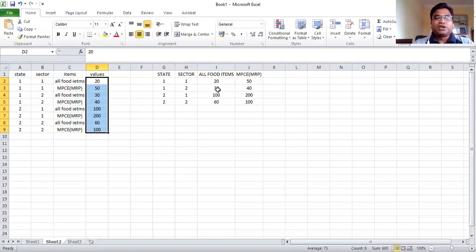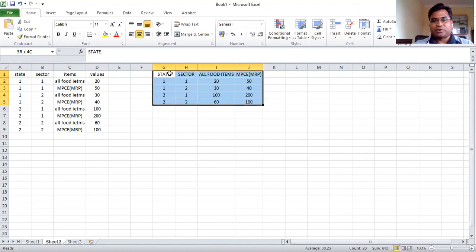So I suggest you split that data. Split the whole level 11 file into two parts. Create one file in which you will have only the food expenditure items, and another file where you will have monthly per capita expenditure, so that you can easily do it by either keeping or dropping observations, right? If you split those data into two data files, then you can easily merge those two to get all these in the same format.